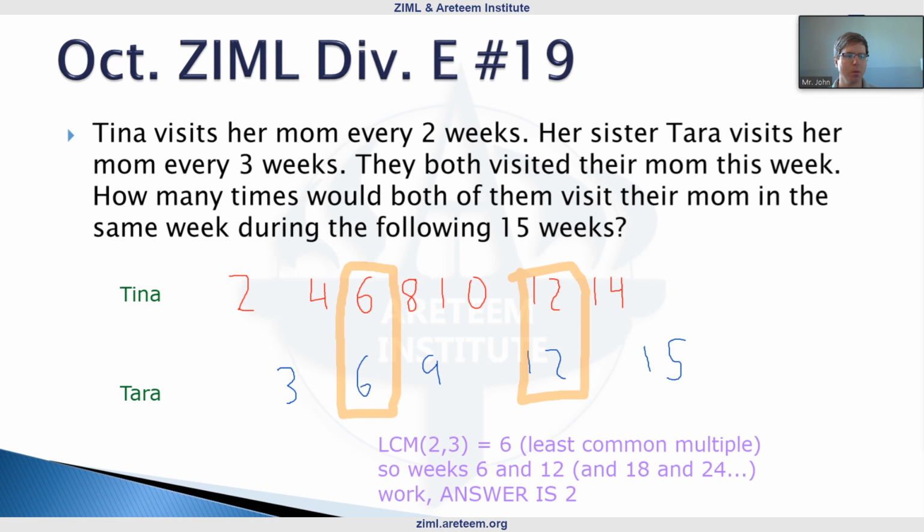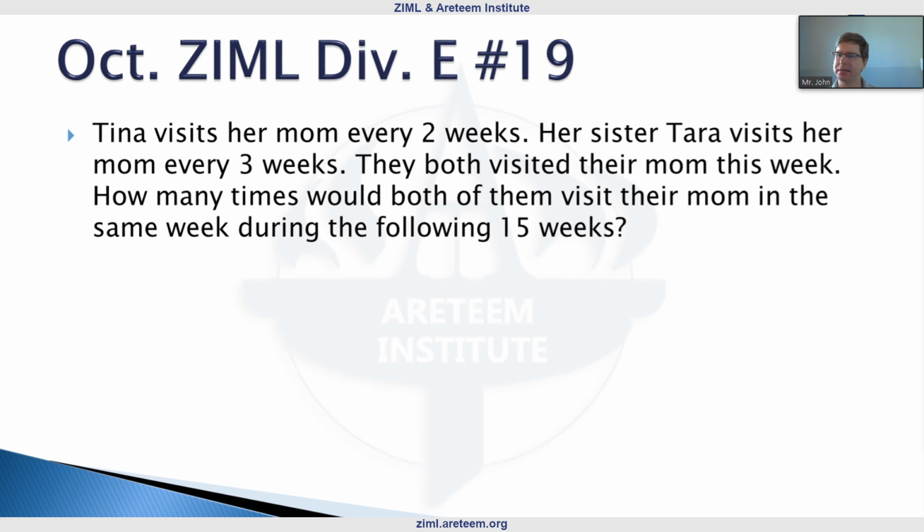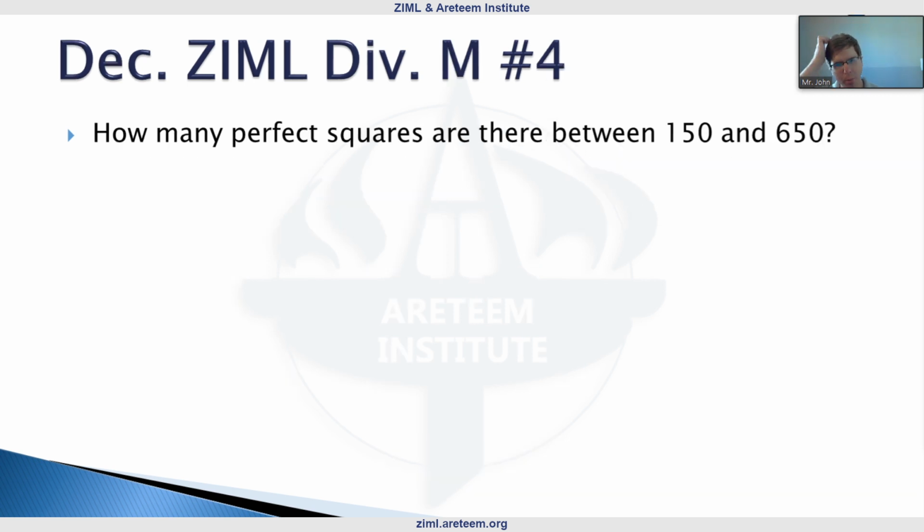Okay, so next warm-up. Second warm-up here. How many perfect squares are there between 150 and 650? So this one is just a little bit of vocabulary as well. Just to remind us, as people are answering the question, I'm sure this one's pretty quick as well. A perfect square means the number, or let me say it this way,